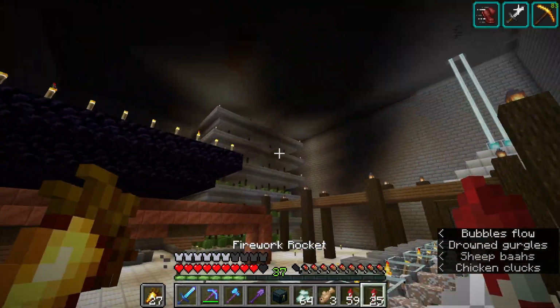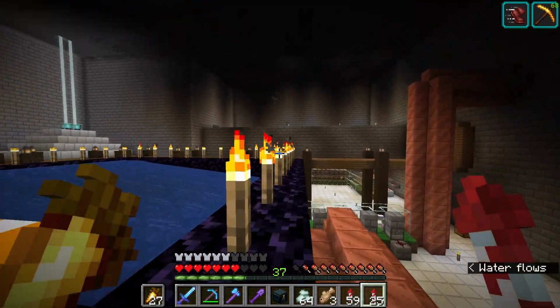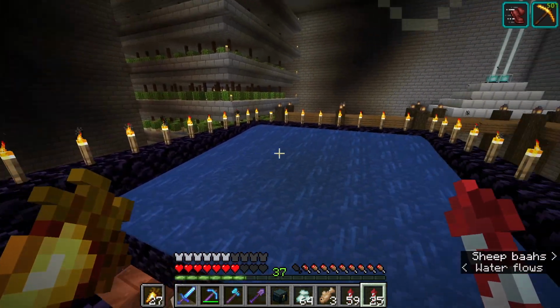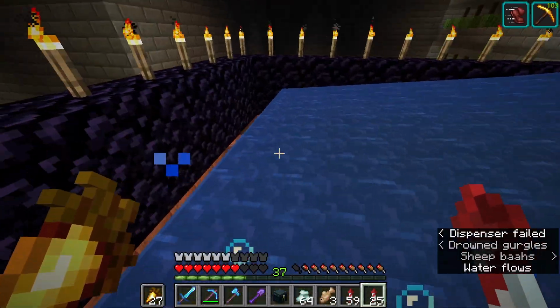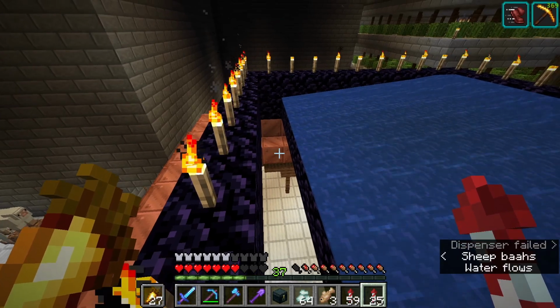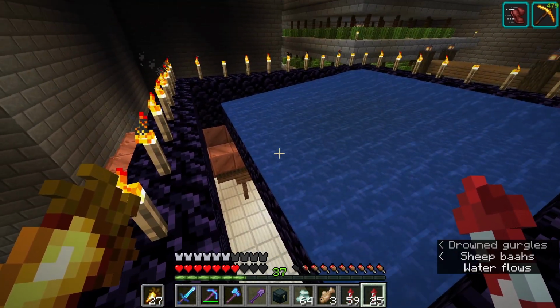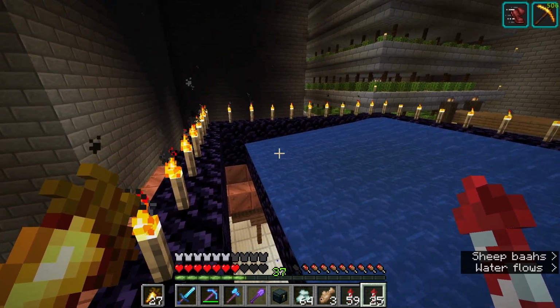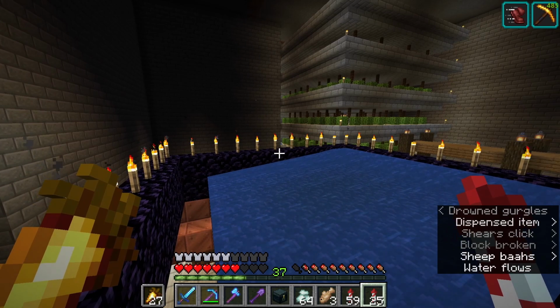And after working in my creative test world for a while, I think I have a design that should work very well for what I'm trying to do. A lot of these torches might get blown up. Hopefully they don't. But yeah, I already have the copper piping ready right there to go, so I shouldn't have to worry too much about actually connecting it to my water streams or anything. So I'm going to get started on that, and I'll show you guys the design once I have a little